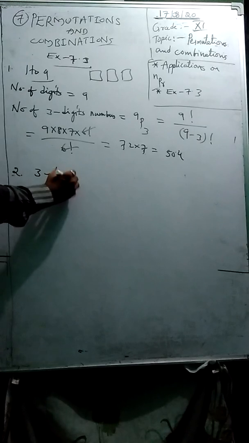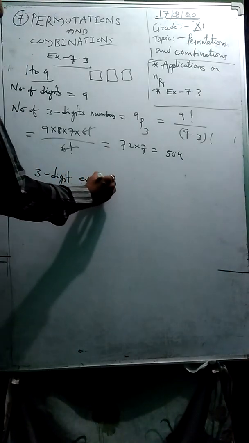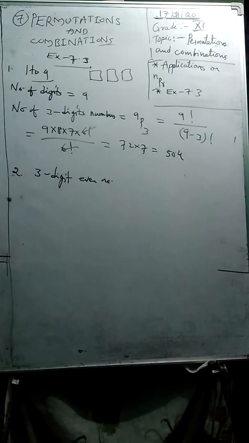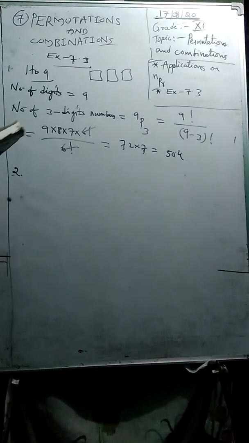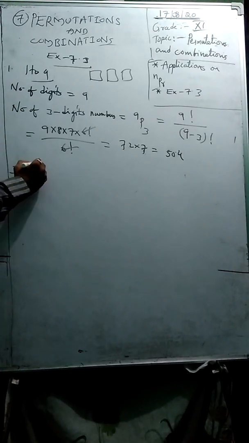Even number means we have to take according to the condition. Sorry, one minute, friends. We have the third problem: how many 3-digit even numbers